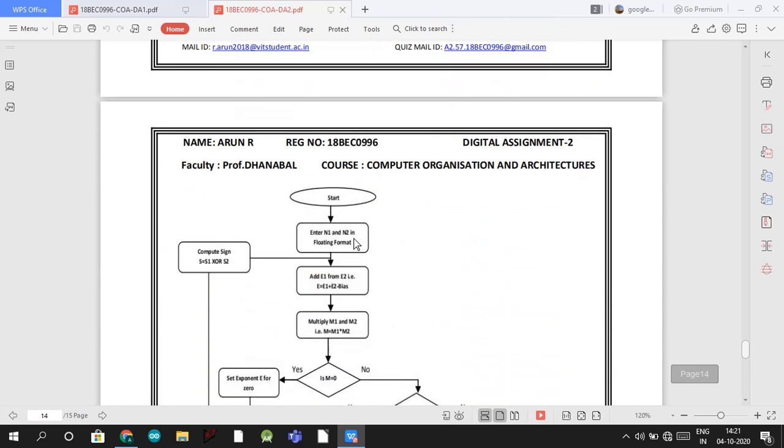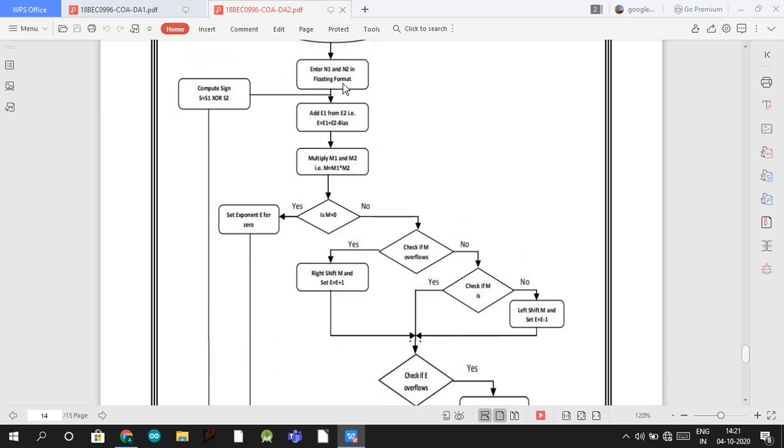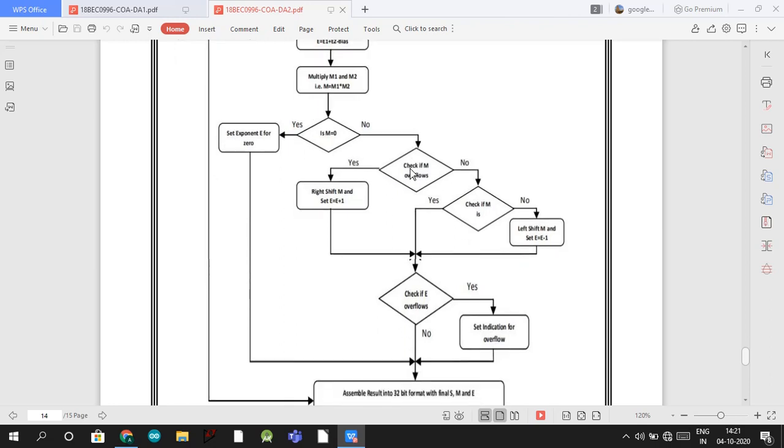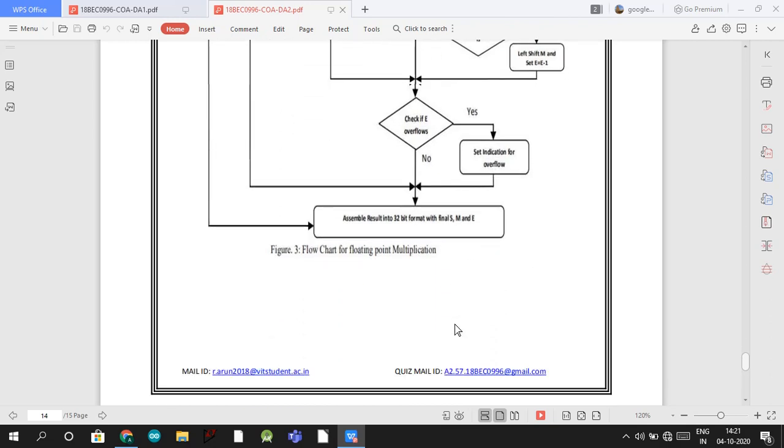That's it. If you go into the multiplier, it's nearly the same as the addition and subtraction. Just compute the sign using the XOR of S1 and S2. Then some bias is used, and finally it gives the 32-bit format output, and the final S, M, and E. This gives the sign, mantissa and exponent for the 32-bit. If you give a 64-bit input, it gives a 64-bit format output. I already said the first bit is for the sign, the next 11 bits are for the exponent, and the last 52 bits are for the mantissa.